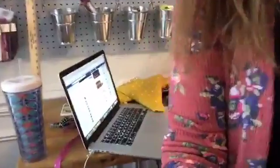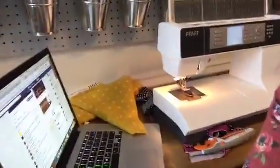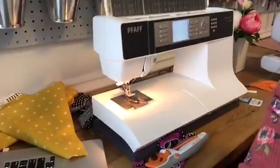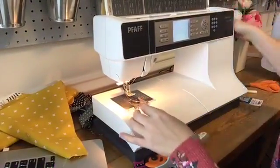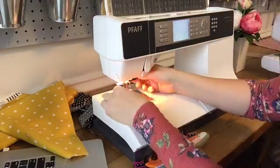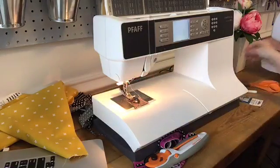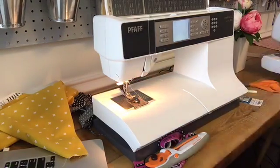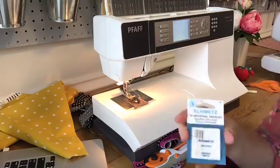All right, guys, I'm going to take 1 second to figure out why my machine is angry at me. Your machines will likely get angry at you at some point as well. I'm going to change my needle. I needed a new needle anyway. With quilting fabric, grab my tomato. All right, with quilting fabric, I use a